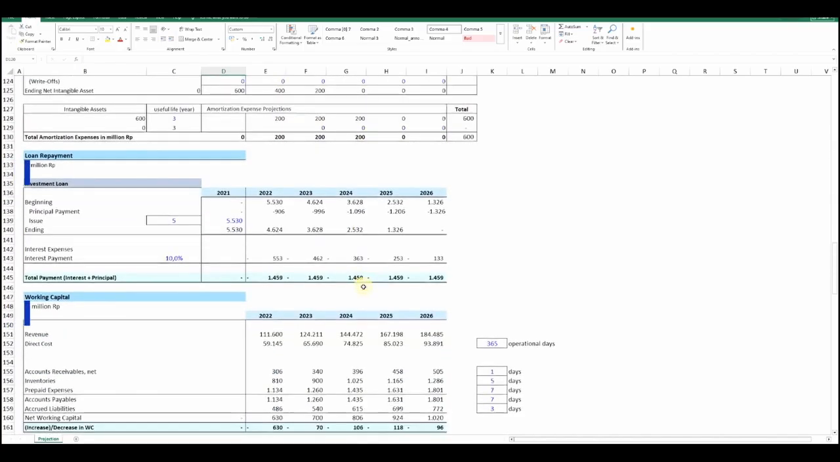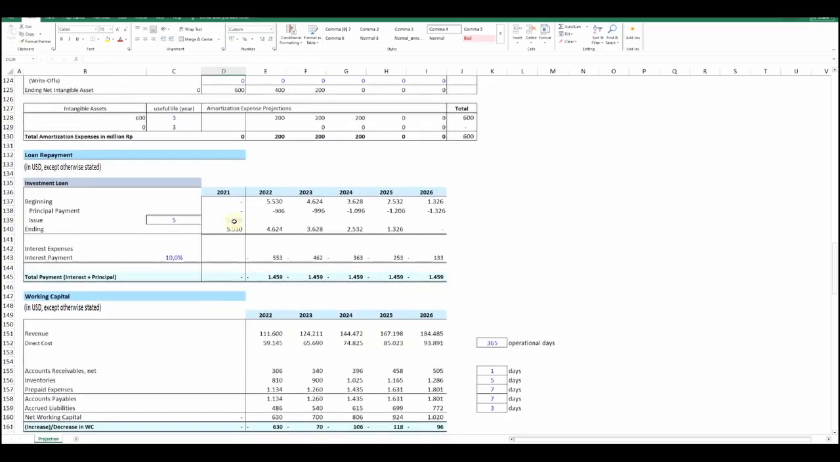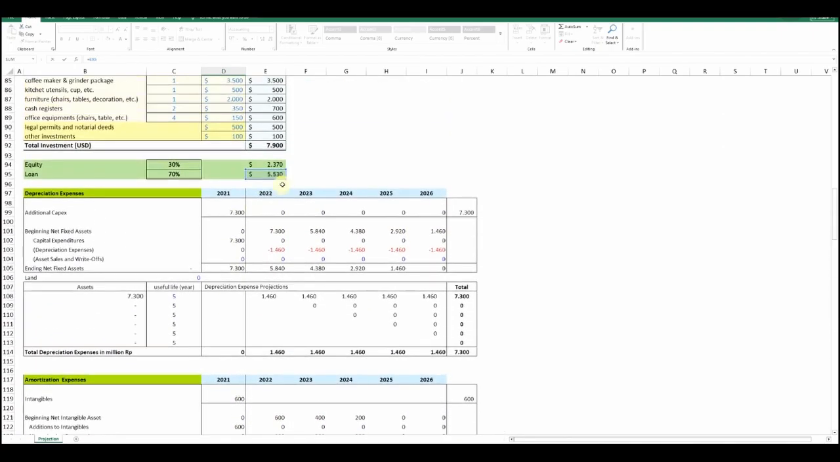Next, we schedule the loan repayment. Quick note, there was a typo in the original file, the currency should be in dollars. The downloadable file has been corrected. Here, the loan amount refers to the top part in the funding source under investment details, which is around $5,500